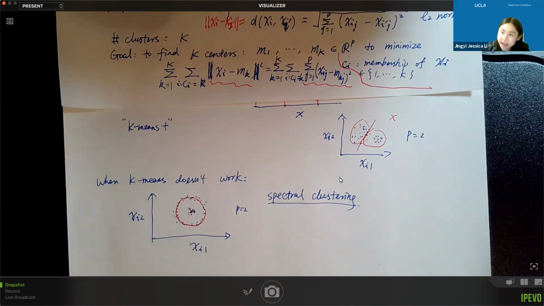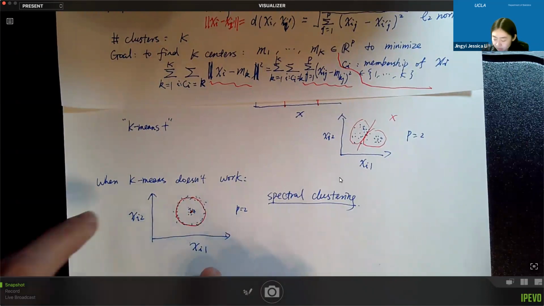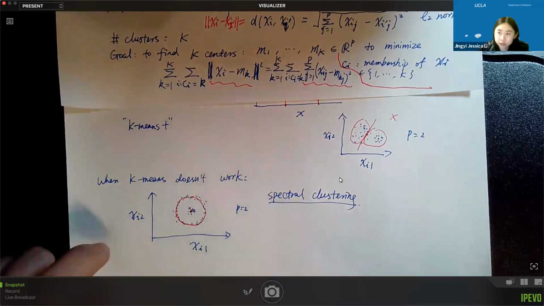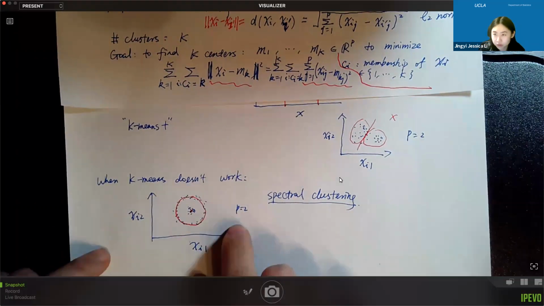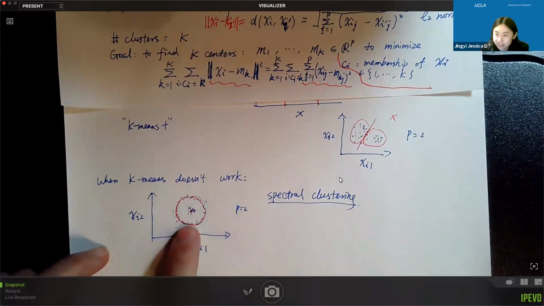And that's actually the idea in support vector machine, if you know that method for supervised learning. So this is an approach called kernel methods or kernel transformation. So the intuition is that we want to project our data to a higher dimensional space. So for example, for p equals 2, if we can project the data to a 3-dimensional space in a way